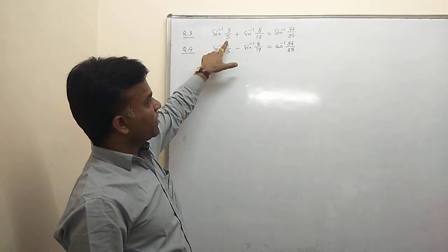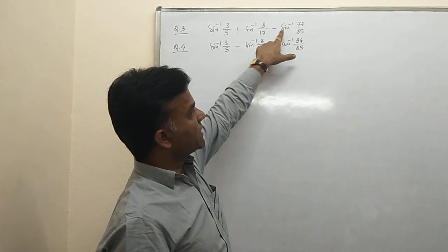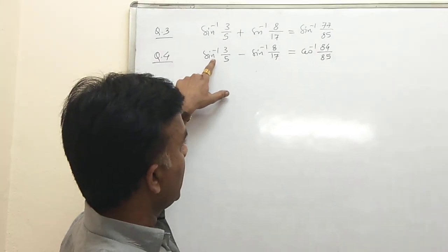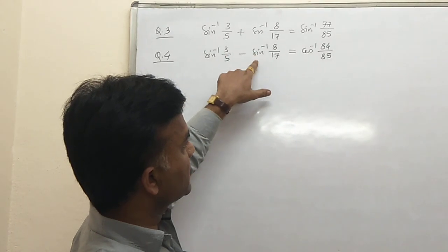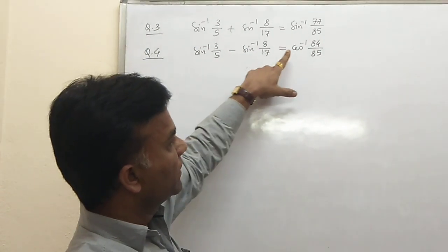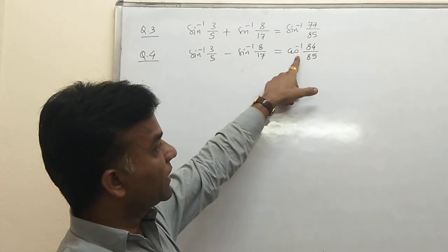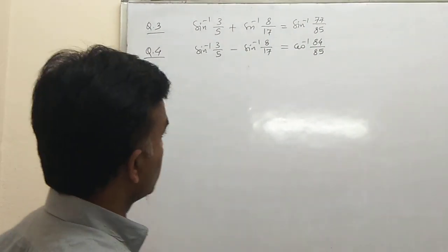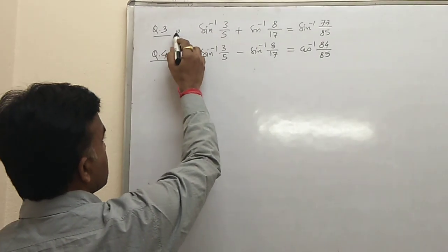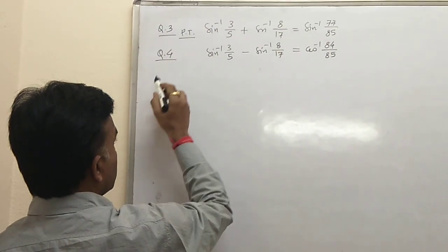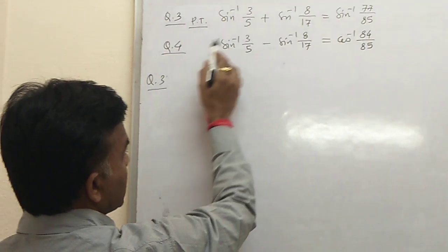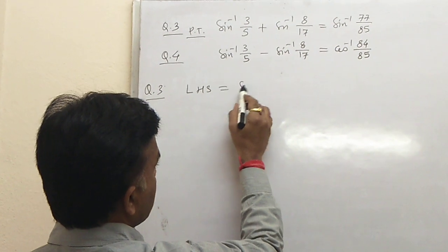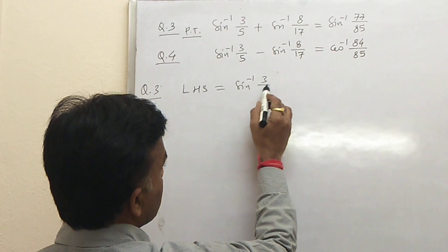Prove that sin inverse 3 by 5 plus sin inverse 8 by 17 is equal to sin inverse 77 upon 85. Similarly, the same example now: sin inverse of 3 by 5 minus sin inverse of 8 by 17, but the required result is in the form of cos inverse of 84 by 85, and the minus sign is also given. So first here we write down, prove this identity. So we start question 3, and basically we write down the left hand side, which is sin inverse of 3